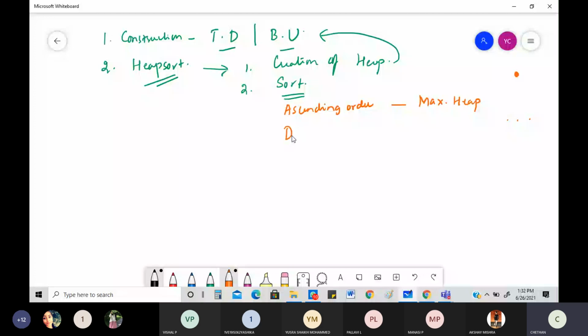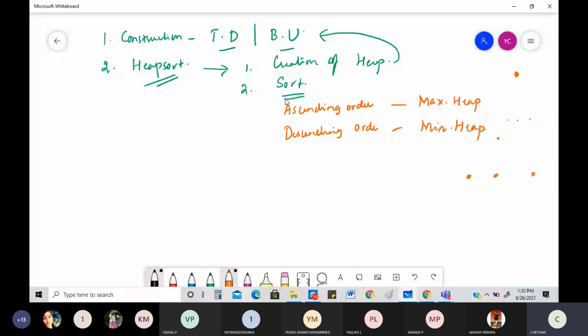If you want your sorting to be in descending order, you need to create a minimum heap. What is a minimum heap? You start with the smaller number, and at the leaf level you will have bigger numbers. This is something that you got to understand and keep in mind.